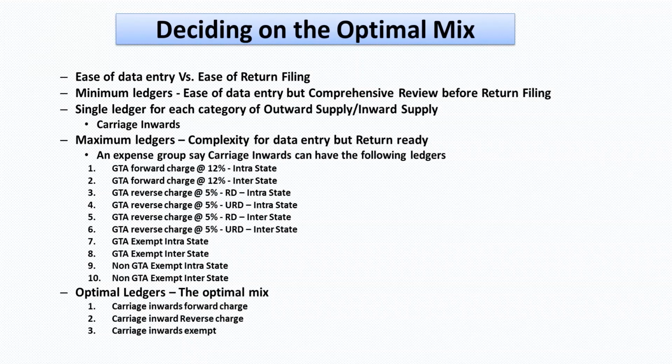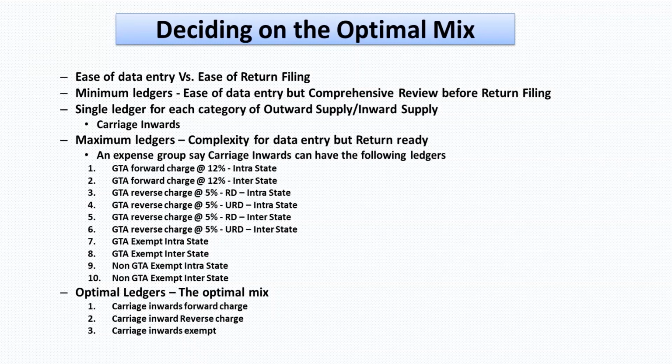And it could be exempt intrastate, interstate, non-GTA intrastate, interstate. Now imagine the position of a person doing the data entry. His head will reel. One voucher he will see, he will have to classify which particular ledger to post this voucher to. He sees a consignment note of VRL or something. He gets confused which particular ledger I should post this to. So that will be the complexity if we have multiple ledgers.